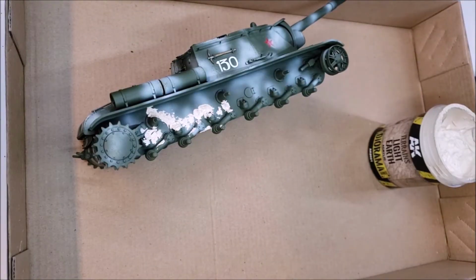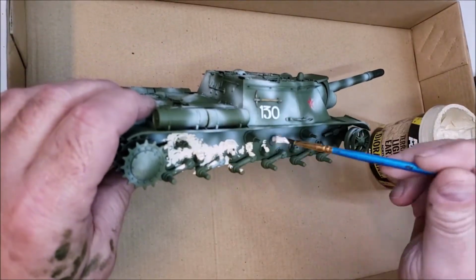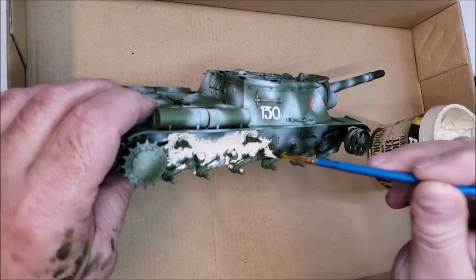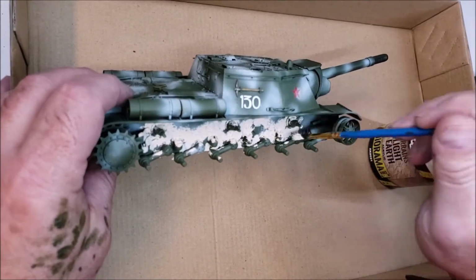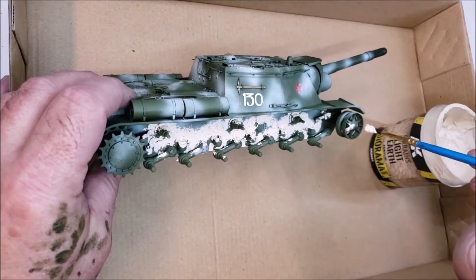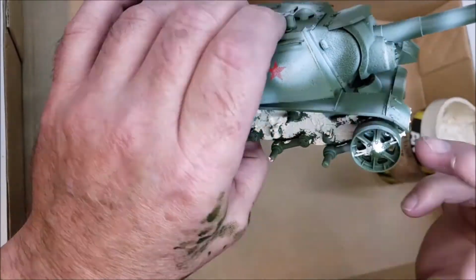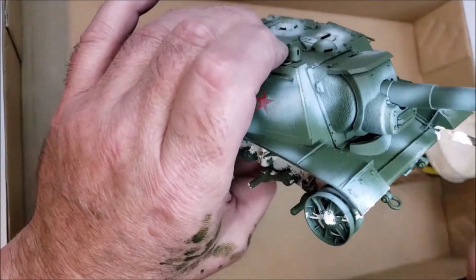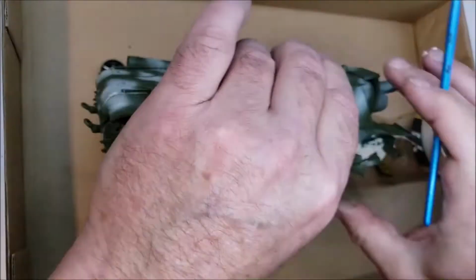into, onto your model. Now it's an acrylic, it dries fairly quickly, and it dries well, but it gives you a nice texture and a nice muddy, dried muddy texture, or dried dirt, I should say, on your model when you splotch it on here. So you go ahead and put it where you want clumps of mud to go. Now remember, this is going to be